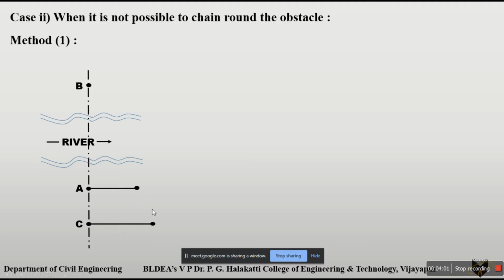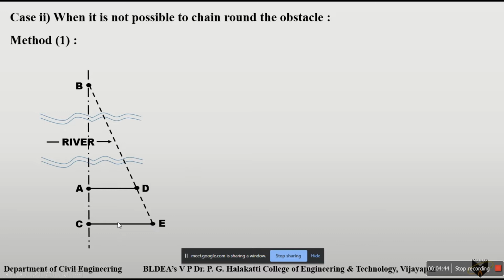After that you have to fix these two points. The fixing of these two points is very important. First, keep one ranging rod at point B and one more ranging rod at this point, then range these two ranging rods. One more person comes with a ranging rod and moves along this perpendicular line. When this ranging rod is in line with the two ranging rods, fix your next point along this perpendicular line. Then name these two points E and D. The fixing of the point E is very important.